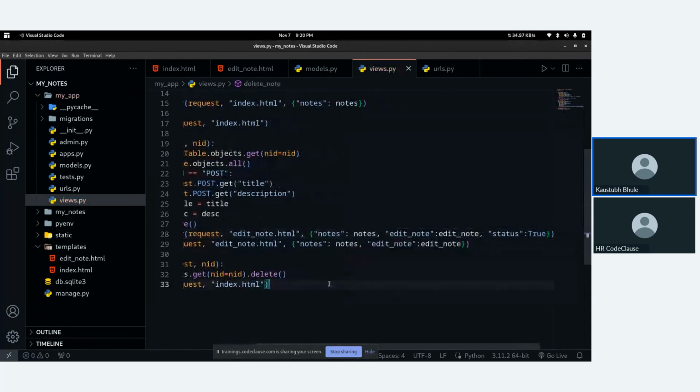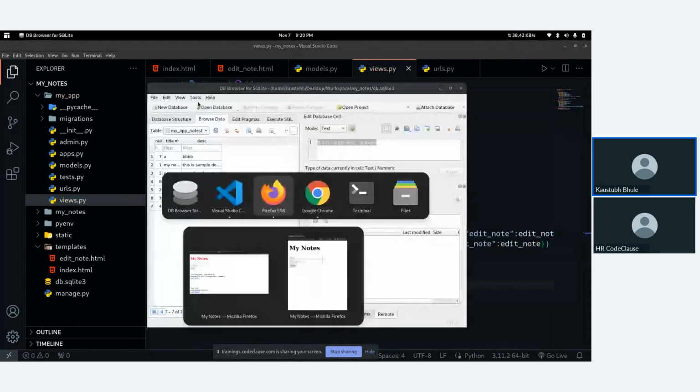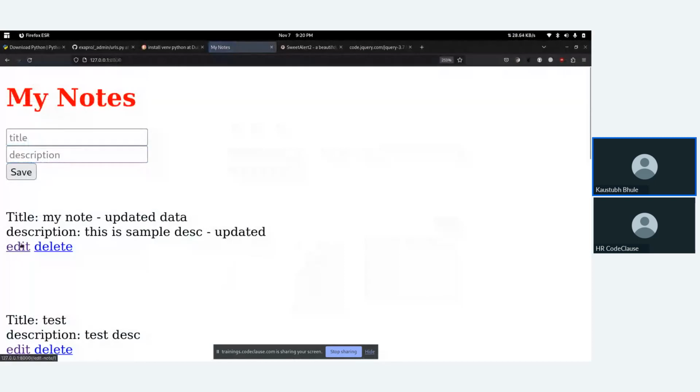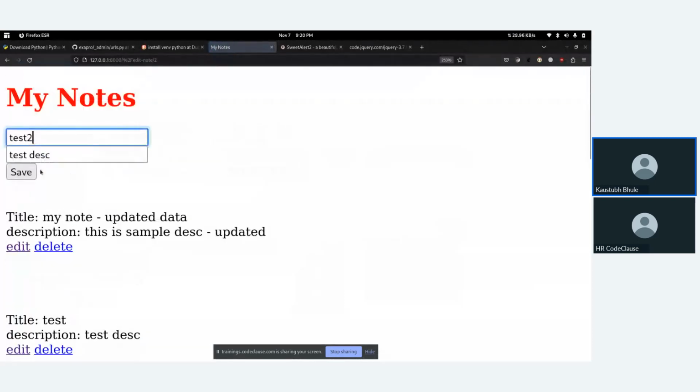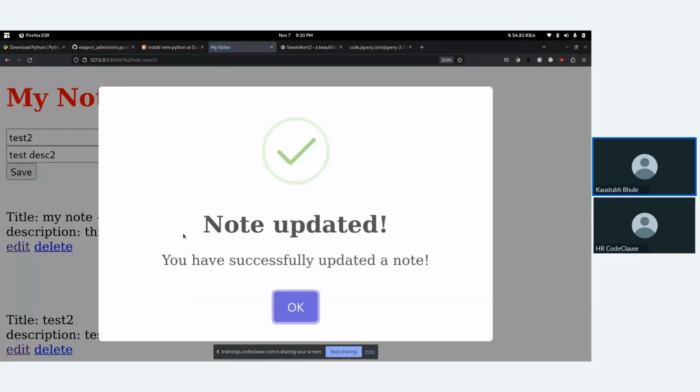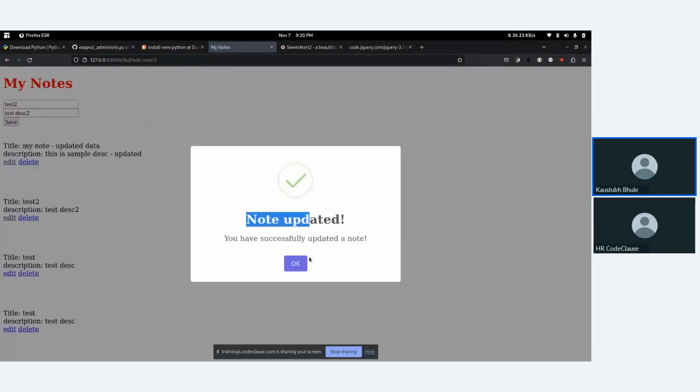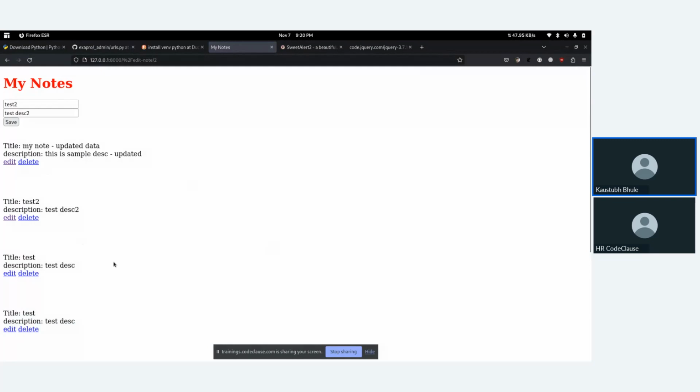Cool. Now let's try to edit our note. Refresh. Let's edit another note. Text 2, text description 2. Save. Now you can see we got our pop-up, note updated. You have successfully updated a note. Okay, cool. And yeah, we got our note updated.